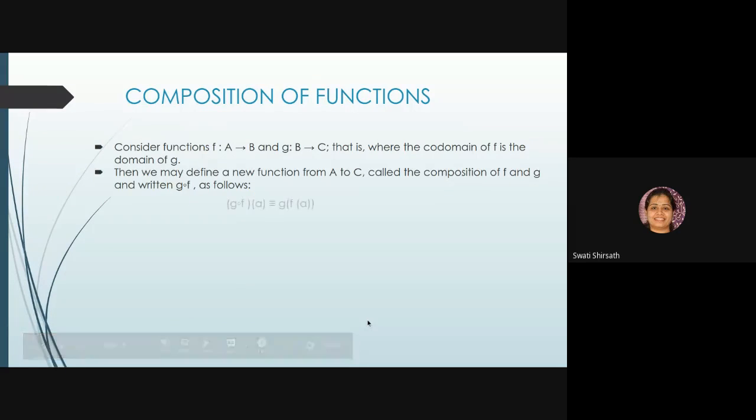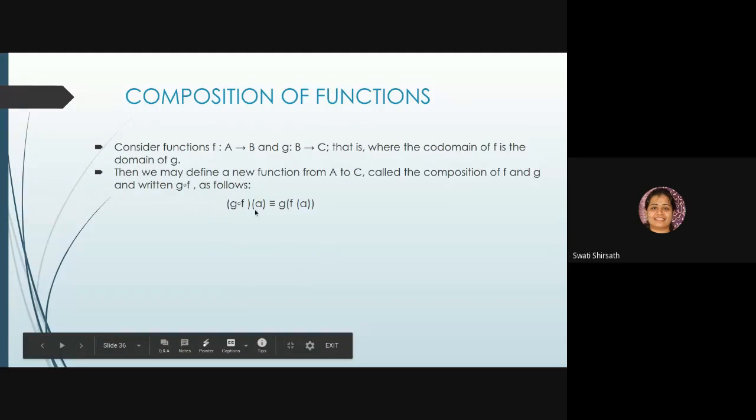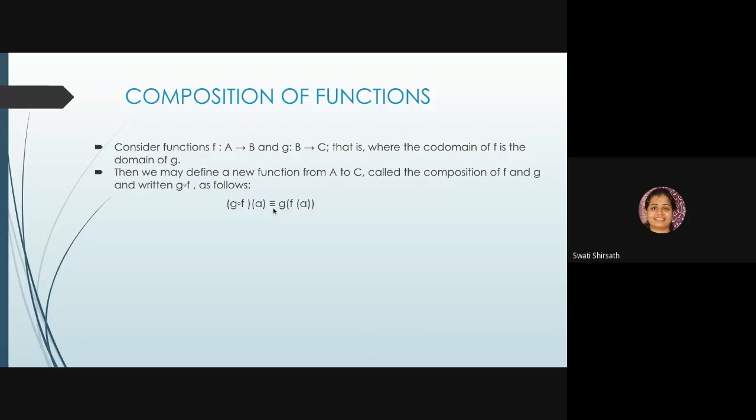Okay, I'll be showing you it like this. It is also written like this, g of f of a, which is equivalent to g of f of a. Meaning whatever the value of f of a is, you are giving it as an input to g, and whatever you get is your output, and you will always get that output from g. So here your input is f and output is g. Okay, so we'll solve this after this.